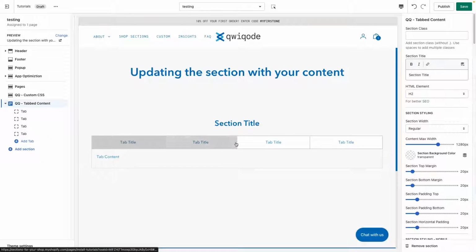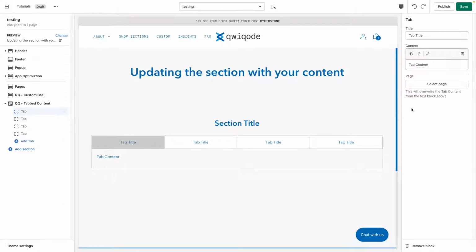Over on the left, for each tab that you add, you have what's called a block, where on each one that you can click, you have content on the right side that you can change. So let's say this is on a product page, and here we'd like to add in a how to use section, like that. And then inside here, we would add in the content that we want to display,